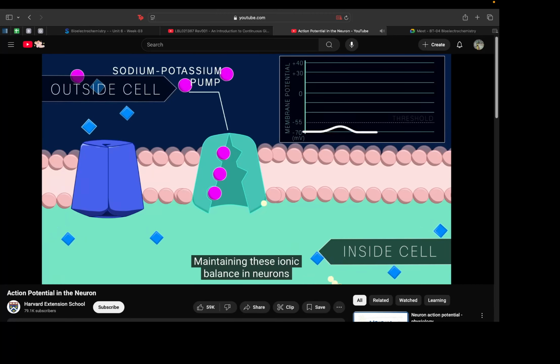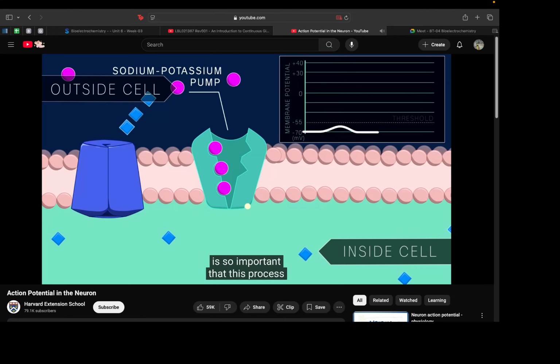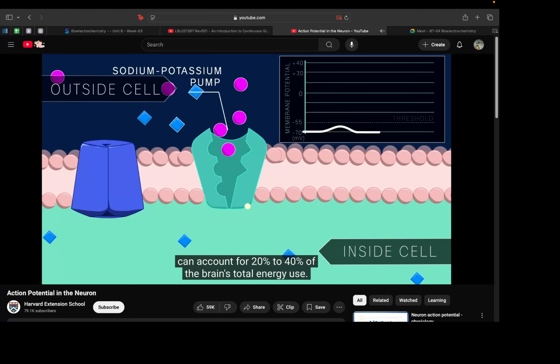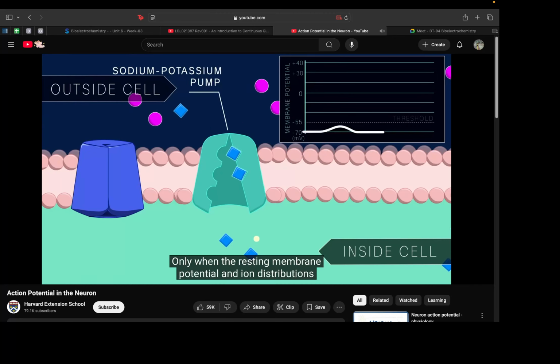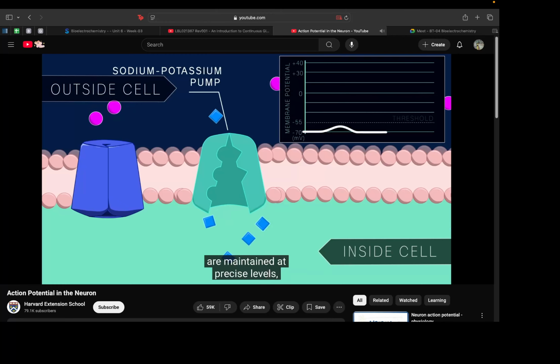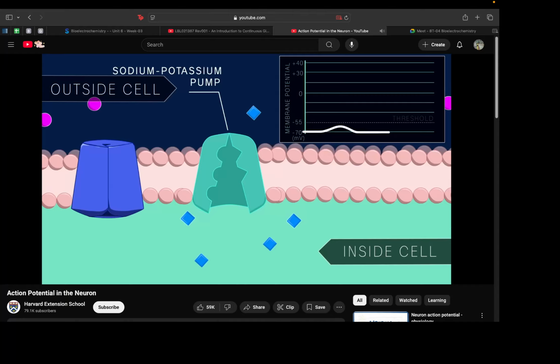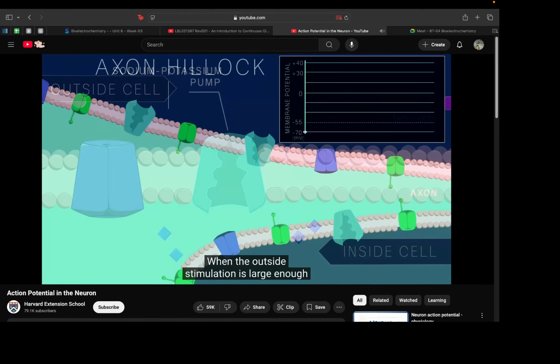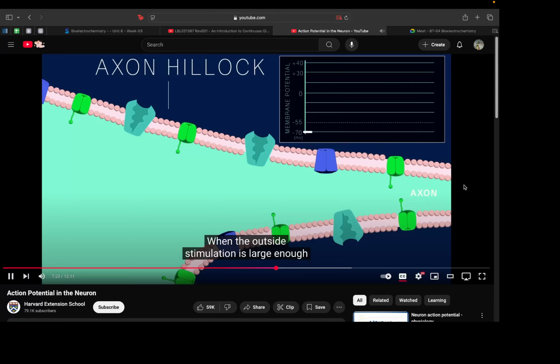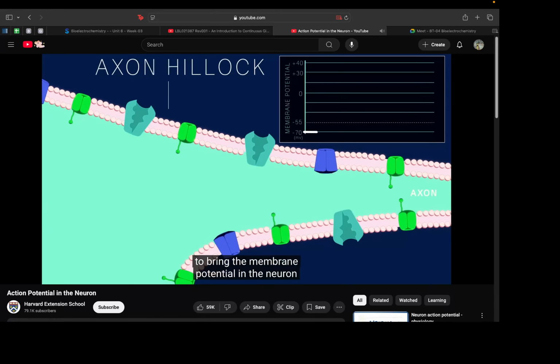Maintaining this ionic balance in neurons is so important that this process can account for 20 to 40% of the brain's total energy use. Only when the resting membrane potential and ion distributions are maintained at precise levels will the neuron be poised and ready to fire an action potential. When the outside stimulation is large enough to bring the membrane potential in the neuron body